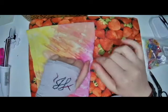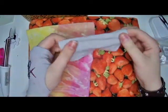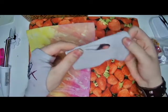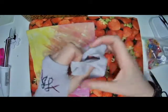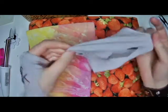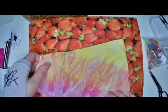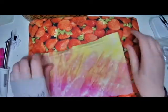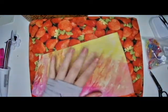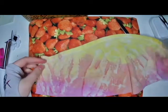What I have here is a t-shirt sleeve that I've cut off and removed the seams from. I just cut them off too. I didn't seam rip them or anything. This is a stretchy polyester knit, so it doesn't want to seam rip, it just wants to rip. So just cut it off, it's way easier, and it doesn't impact the amount of fabric you use anyways, especially